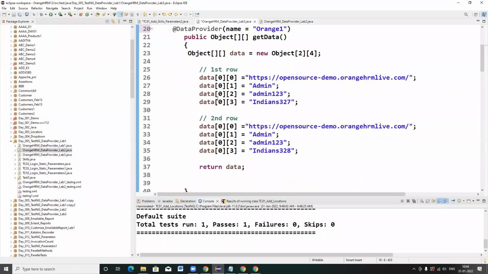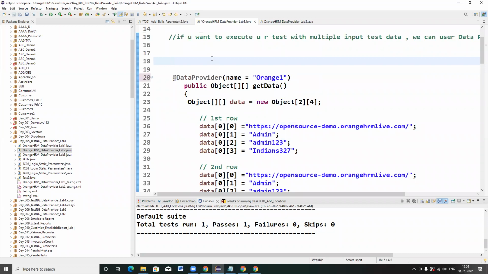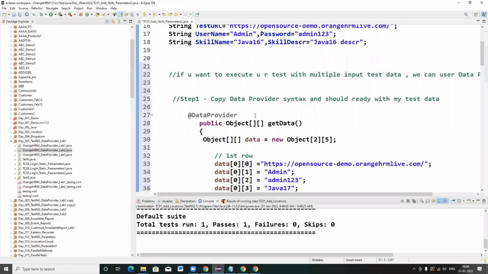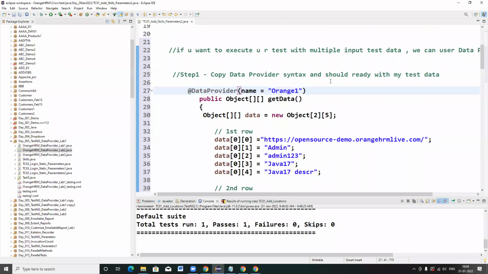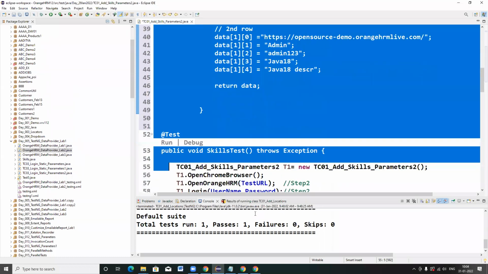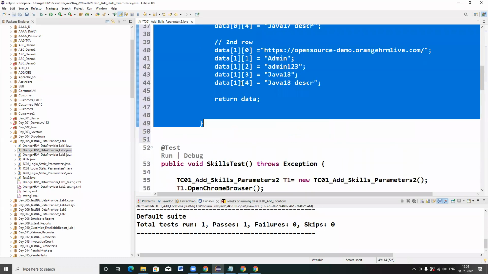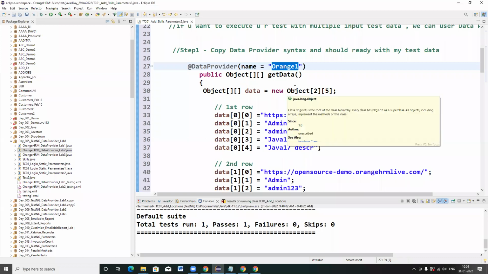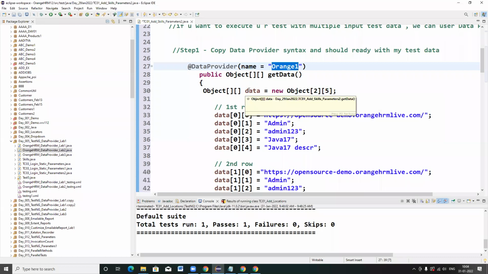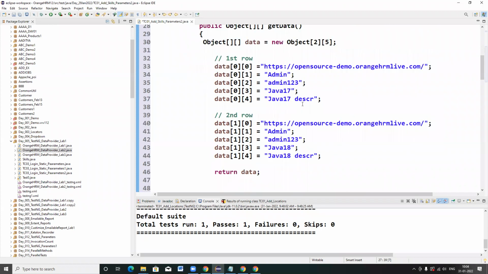So this is the syntax for a data provider. In step 1, I copied my data provider syntax, the complete syntax, this one. And the data provider name here is Orange1. I have given my data provider name as Orange1, and I am ready with my test data.